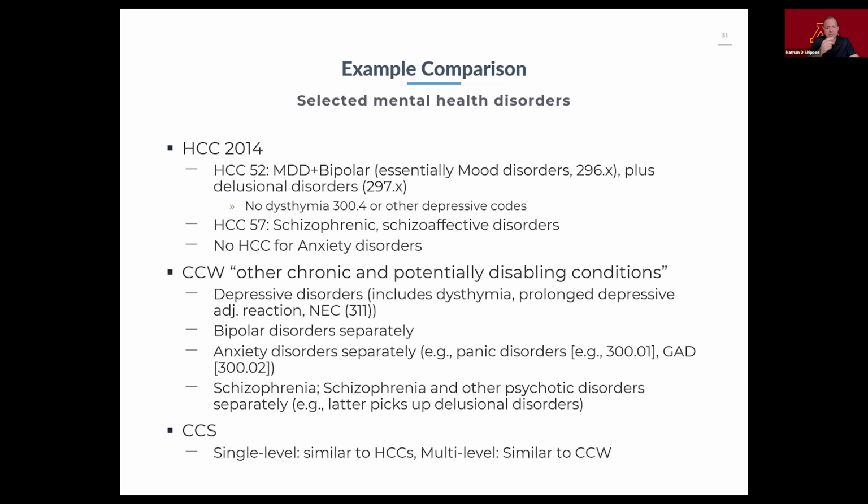And so there are a lot of different pieces of fitting in. Well, we have a category for depression. Well, which diagnosis codes does that include? It differs quite a bit from approach to approach. In this case, depressive disorders has its own category, and that category covers a lot of the things that I, as a mental health researcher, would probably say, okay, I need those things included. It also has bipolar disorders separately, which is different from hierarchical condition categories. And it has a category for anxiety disorders, right? So it starts breaking things out in ways that are a little more useful.